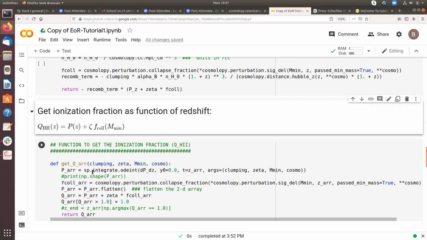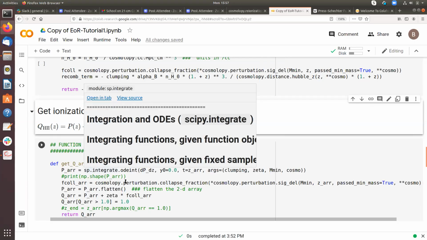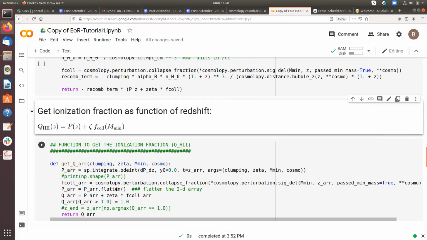So to integrate the dp/dz, we use a standard routine from SciPy, scipy.integrate, and you put that dp/dz array and the z array and the relevant parameters. You will get the integrated value of p of z at each redshift.